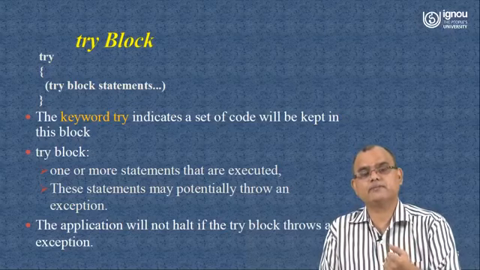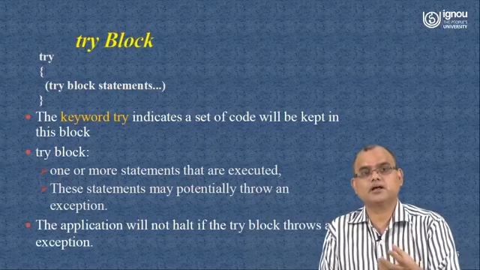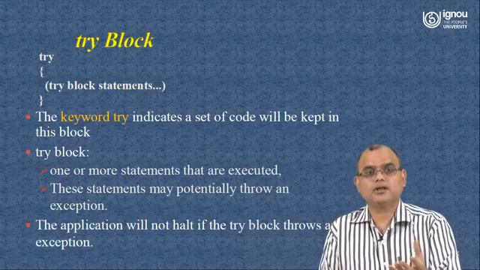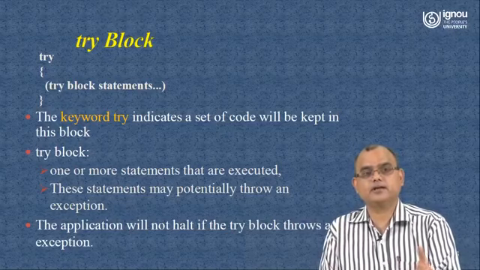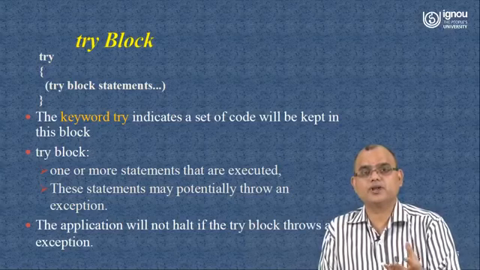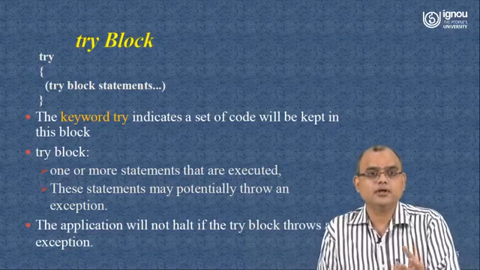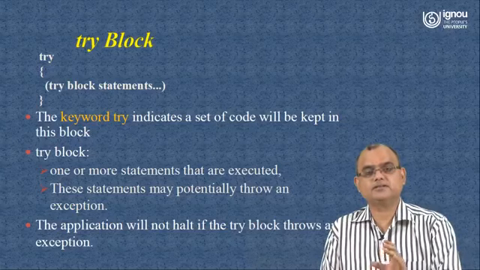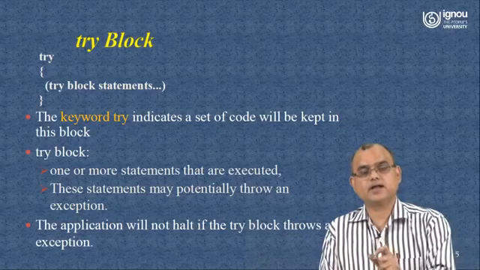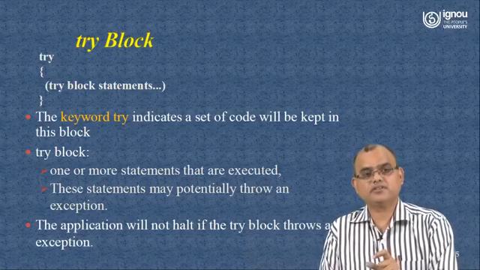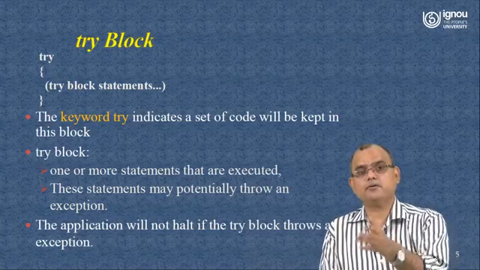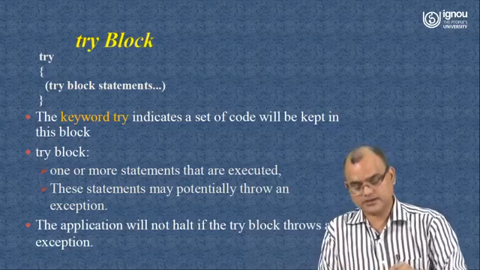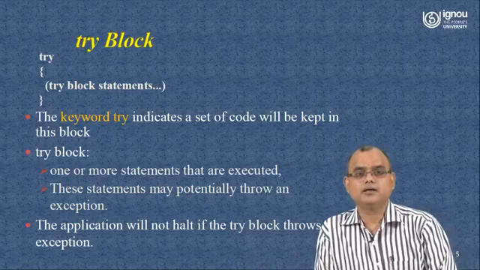written inside may cause some kind of exception, and if that exception is caused or thrown, then how it will be handled, we have to take care of in the next block, that is known as the catch block, which we will be discussing soon. So in the try block, whatever we are keeping is just for the sake of observation, so that if some exception happens in that block, then we will come out of that block and we will do treatment as per our specific requirement to handle the exceptional situation.